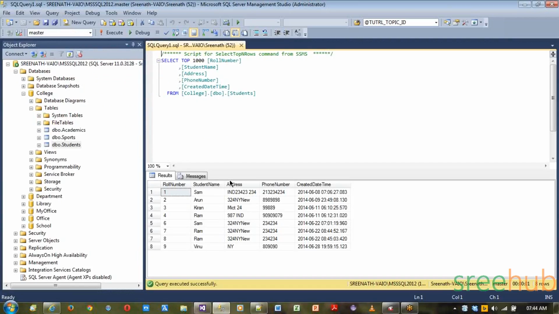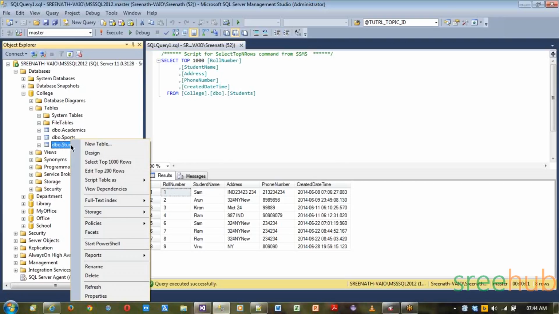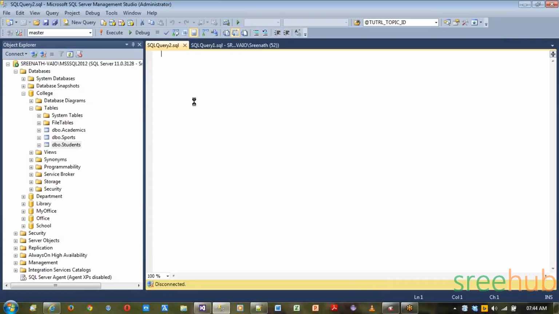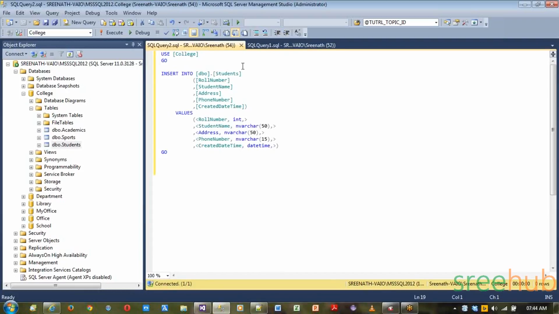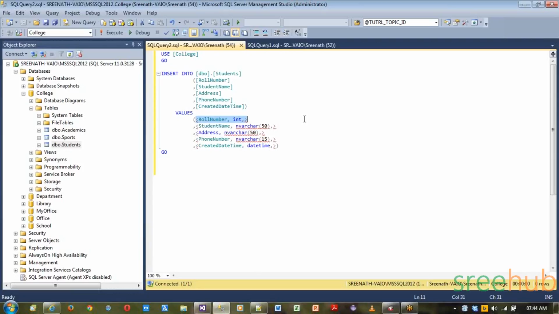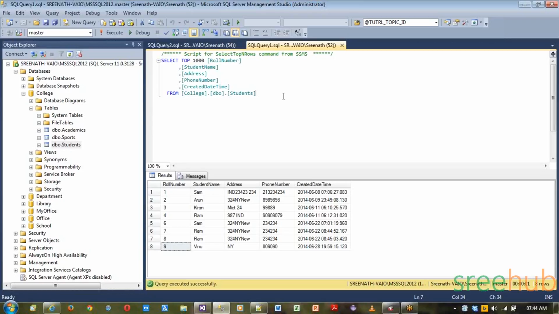Now, even if you add something here, right? So let's add new data. So let me just take this script, right? So let's say we have 9 items here, right? So let me take the item 10, or rather, inserting. Let's say I'm going to delete some data from here. Delete